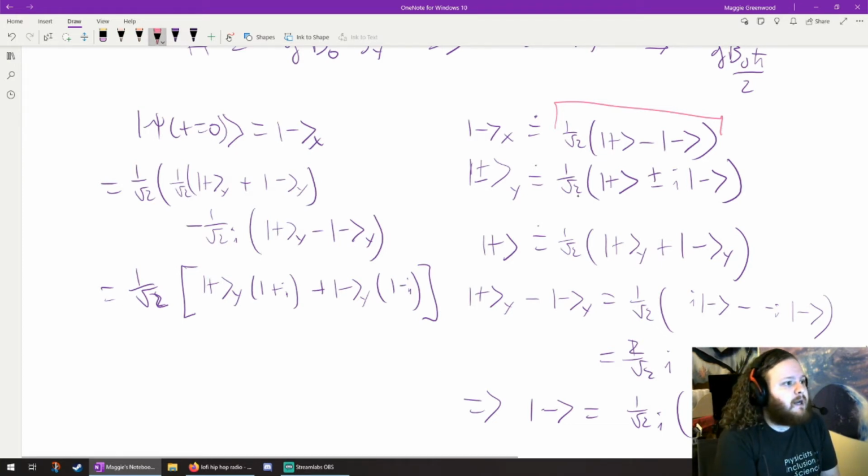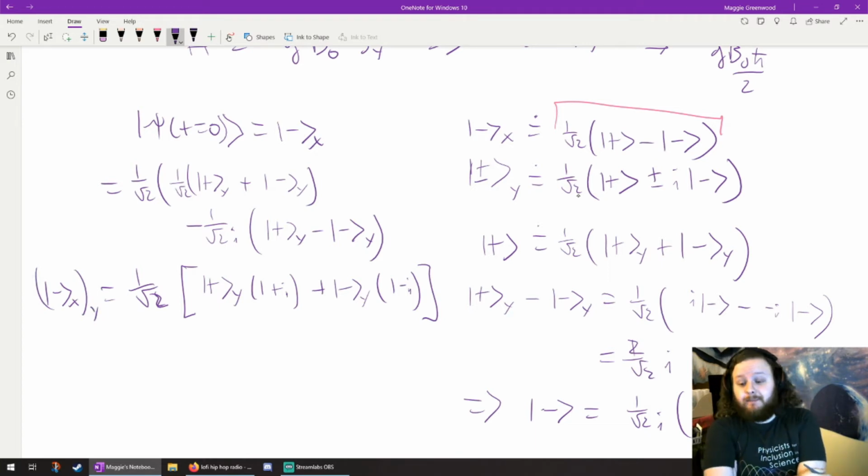So this state down here is what I will call minus x, y. That's right. I put parentheses around it and just called it good. This is the state minus x written in terms of y basis states. So this is a really gross looking thing, but I need it to actually time evolve my state, because the